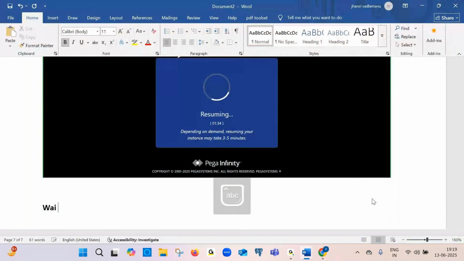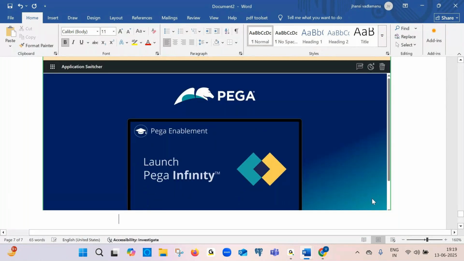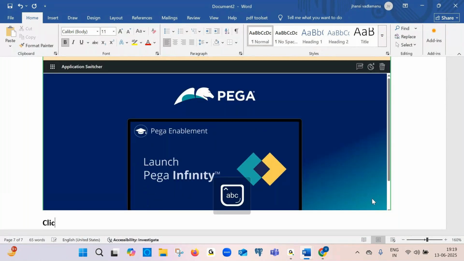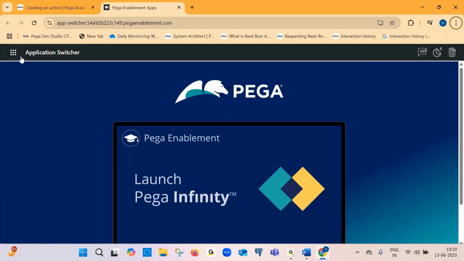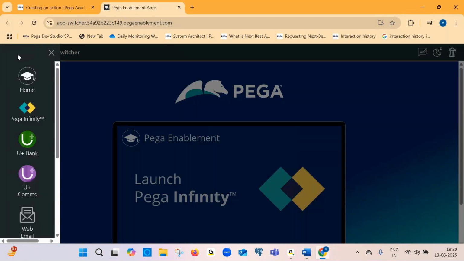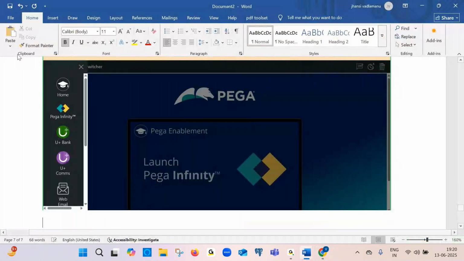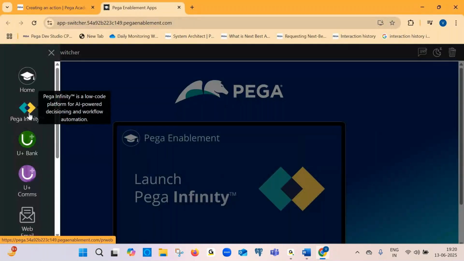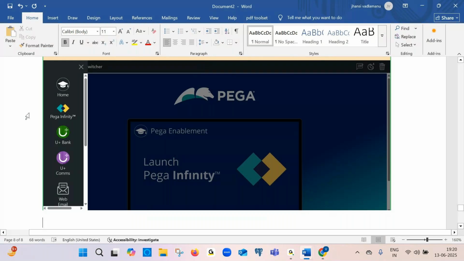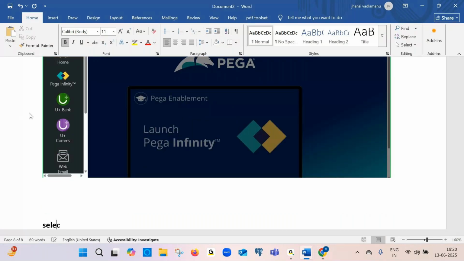Wait for some time. Okay, and then it will show like this. Then click on app switcher. Okay, that means application switcher. It will provide you like this. Then you wanted to work on this Pega Infinity version, right? Just select Pega Infinity. Okay, so here select Pega Infinity,